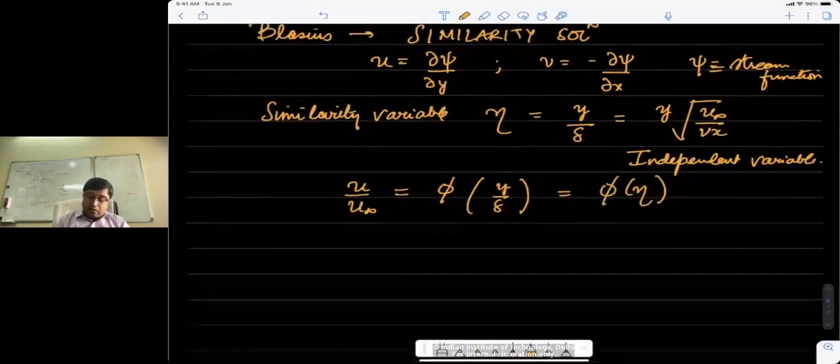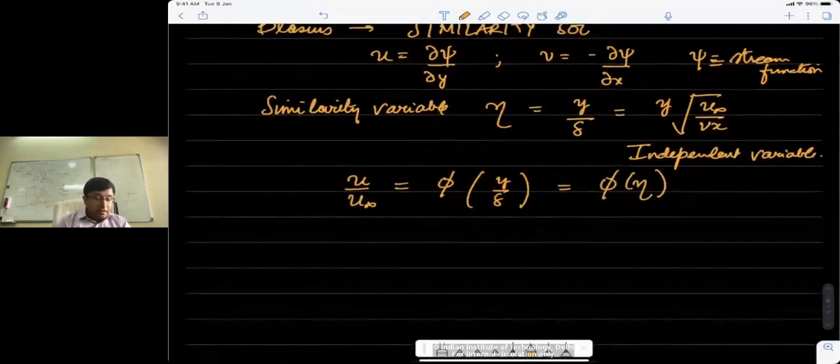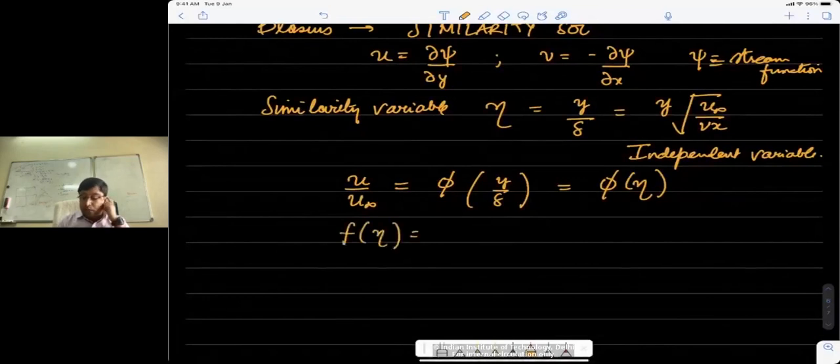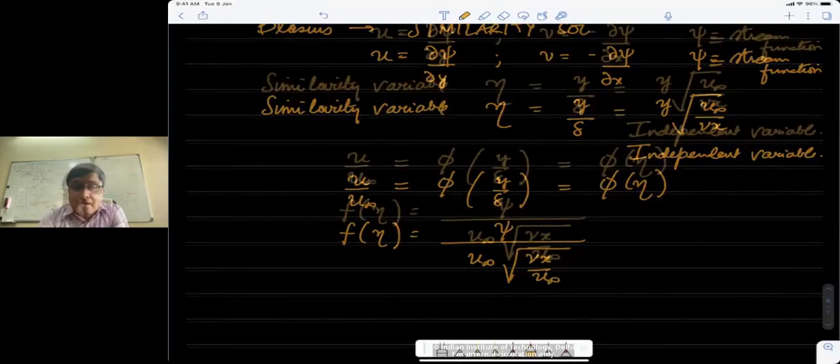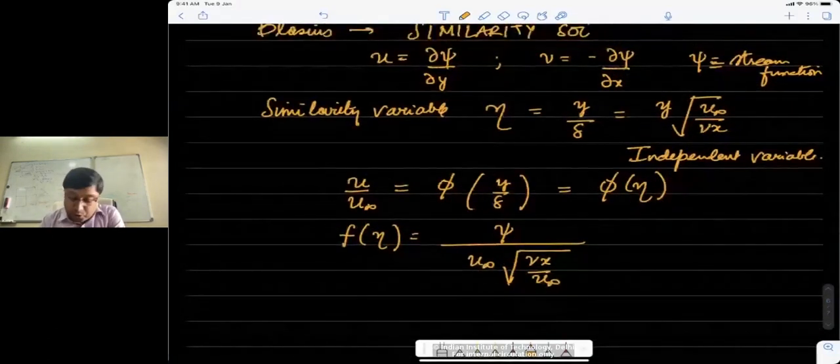So to do this, he said, take a function f of eta, which is related to the stream function. So if you non-dimensionalize the stream function in this fashion, psi by u infinity times square root of nu x by u infinity, so if you take psi in this form as a function of eta, then doing a little bit of calculus, which I'm not showing here, which I will maybe upload separately as my handwritten notes,